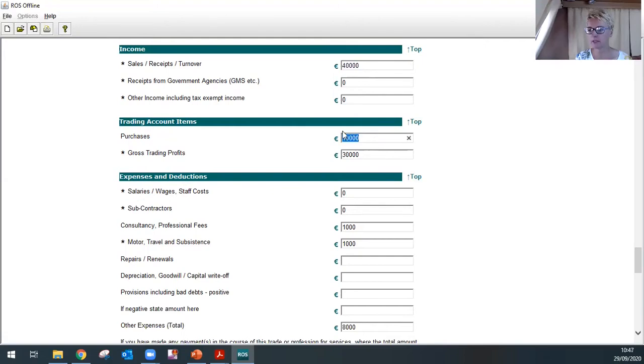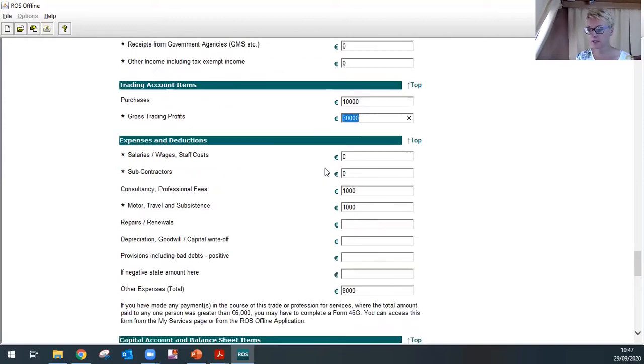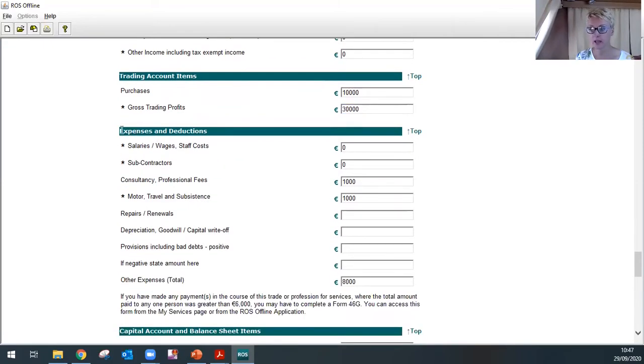Kate made 10,000 of expenses. So finally, we arrive at gross trading profits, not a net profit. There are more expenses to deduct. So the gross profit is 30,000, and it's in this section, expenses and deductions, that we input any other expenses, which